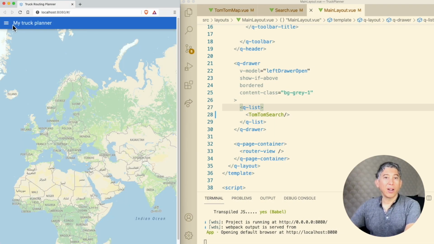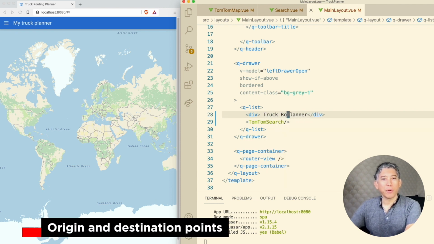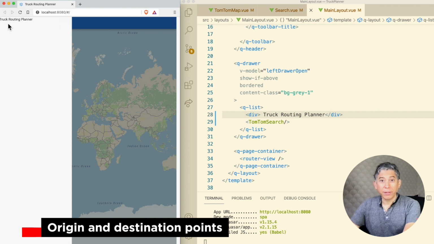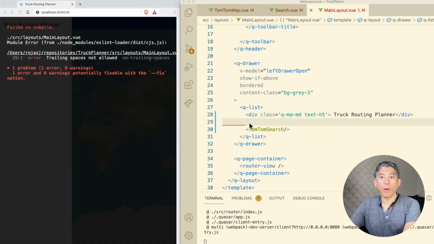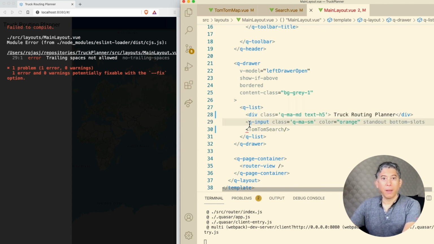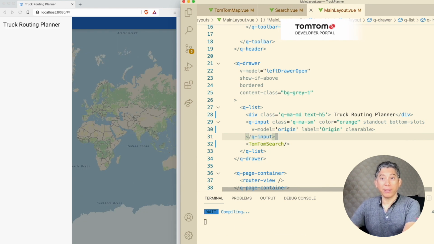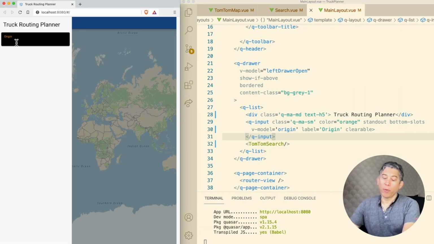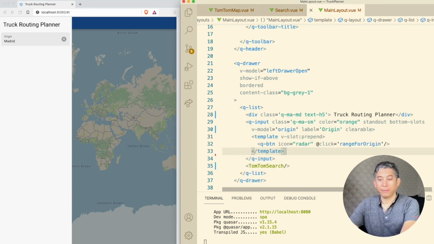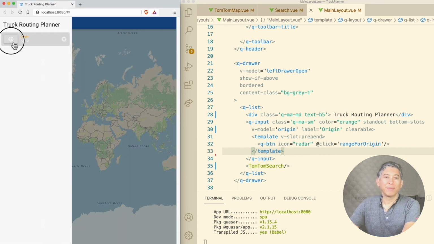The left drawer in our application will have fields for the origin and destination points. Between these 2 fields, we are going to populate the stopovers that the driver wants to add in the route. We will add buttons on the stopovers and the origin to calculate the driving range, so we can add stopovers more efficiently. You don't need a stopover for the end, for example. We will see them when we create them a bit later.